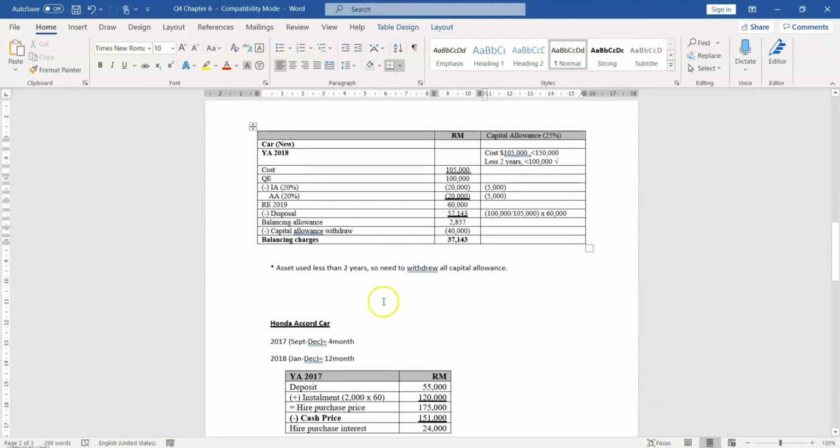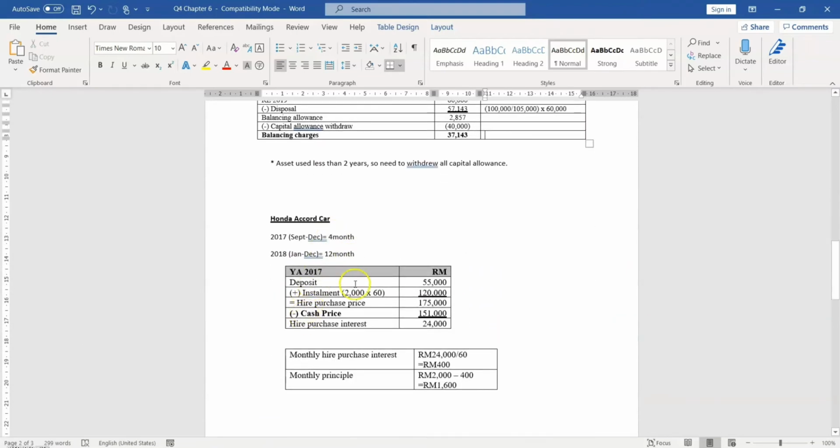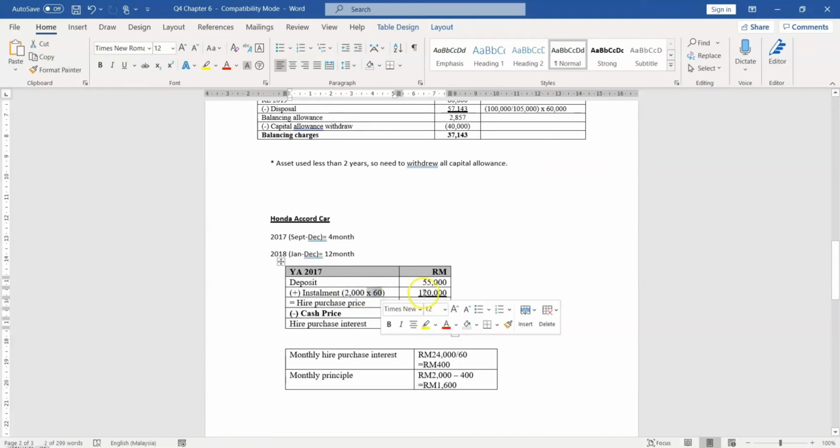And for the Honda Accord car, the Honda Accord car is bought on hire purchase terms, so for the deposit we need to calculate the interest and separate the interest out. So we use the formula. First we take the deposit and then we plus the installment. The installment is 2,000 per month and then 60 months, so we get the amount, and then we equal to hire purchase price,